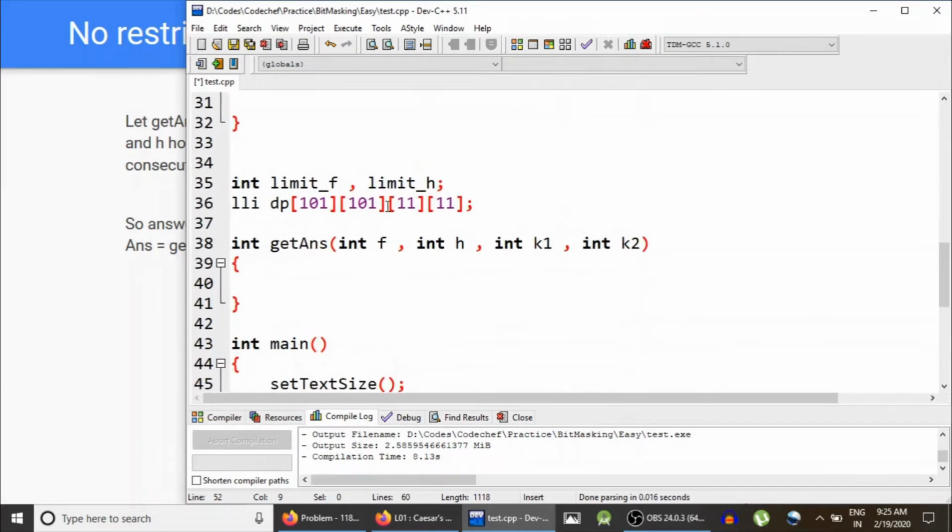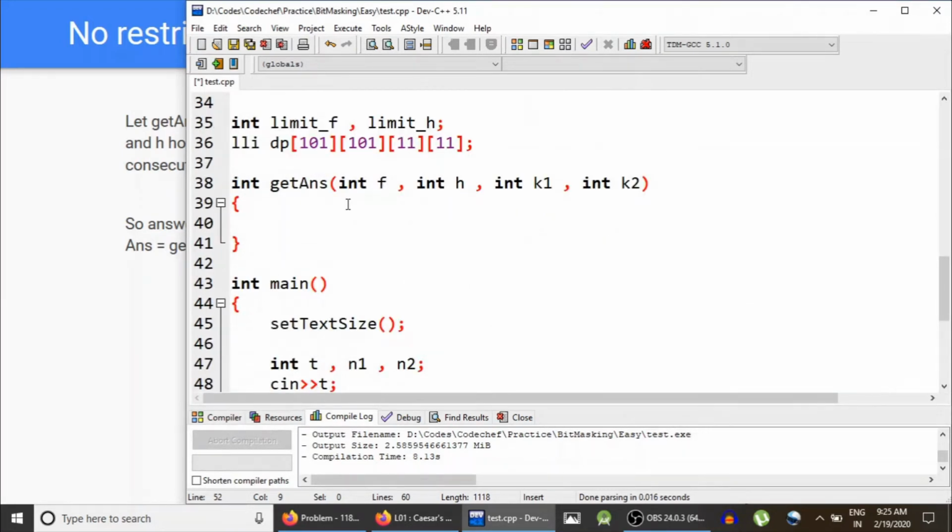You guys should be able to see this. I think this font size is, come on,